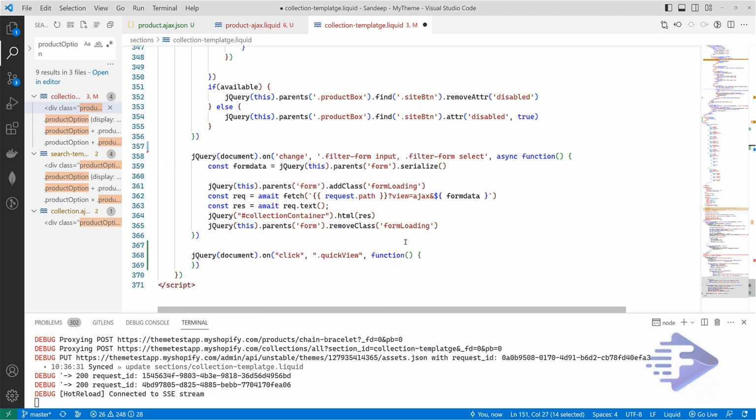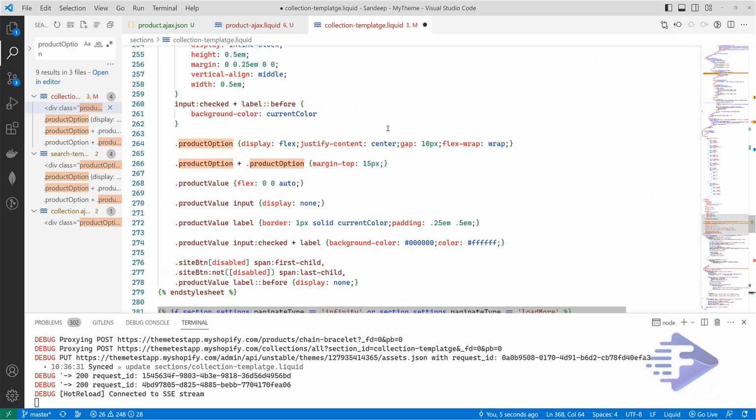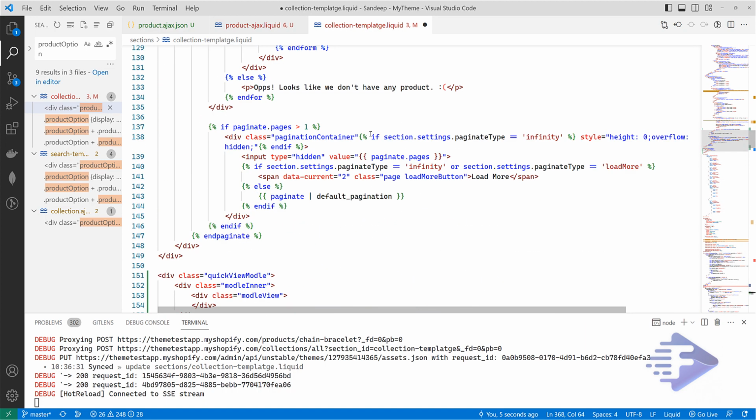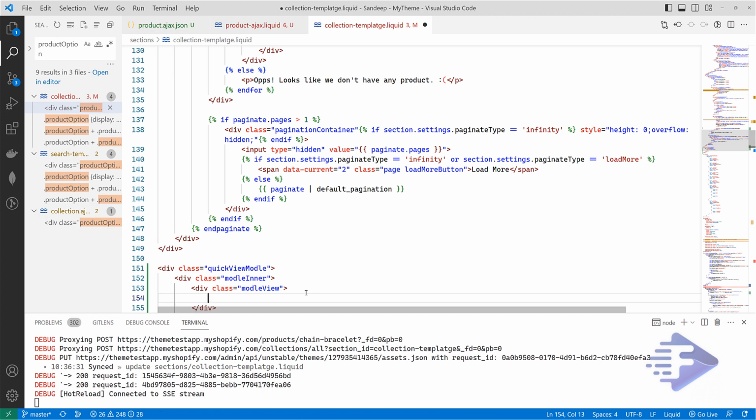First of all, let's render our section statically, and once its style is fixed, we are going to work on JS.